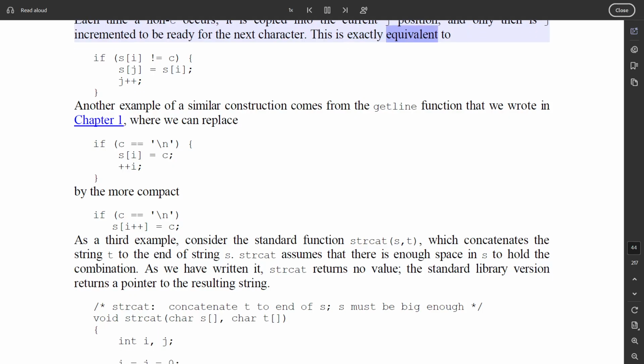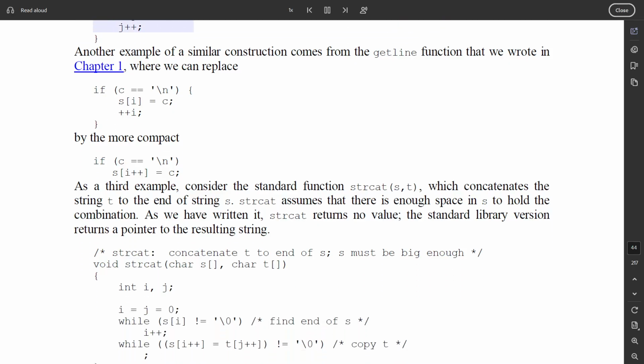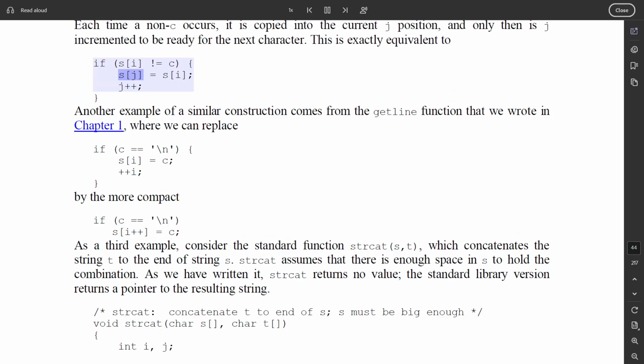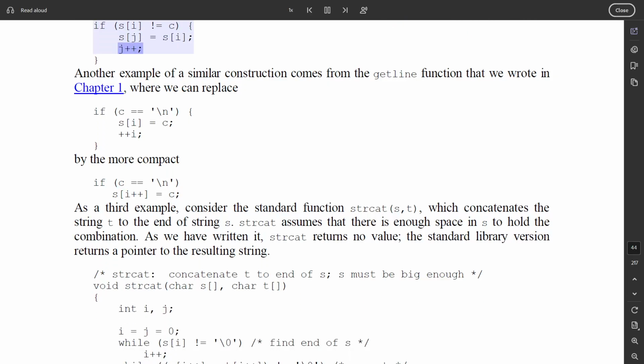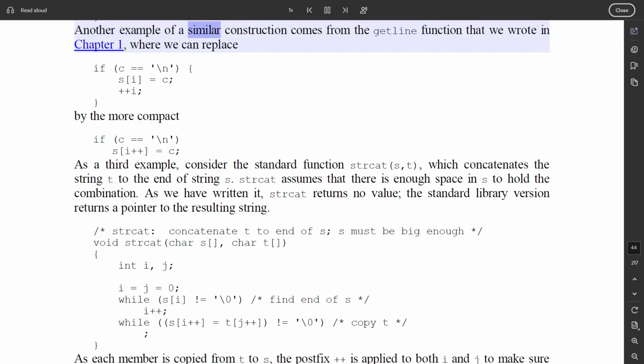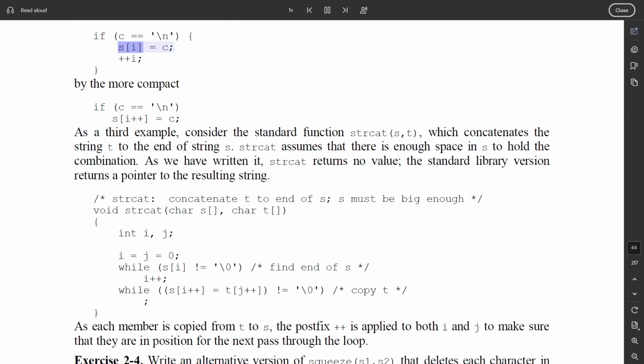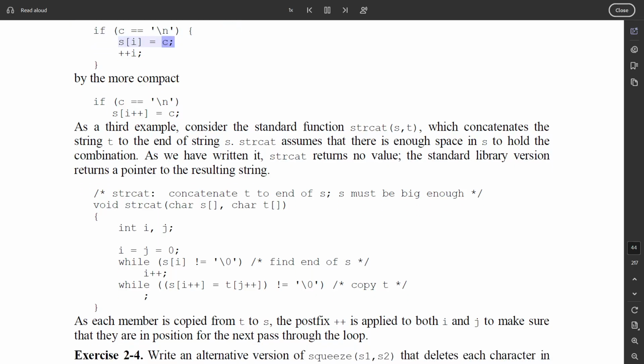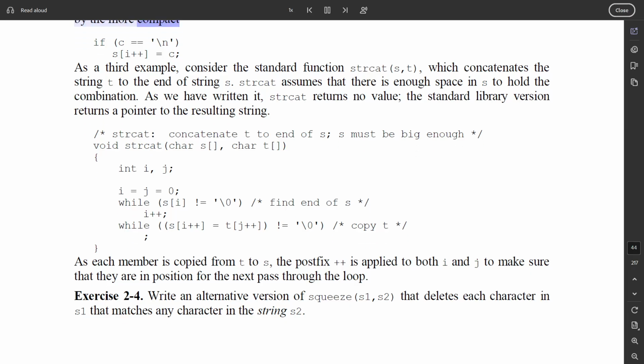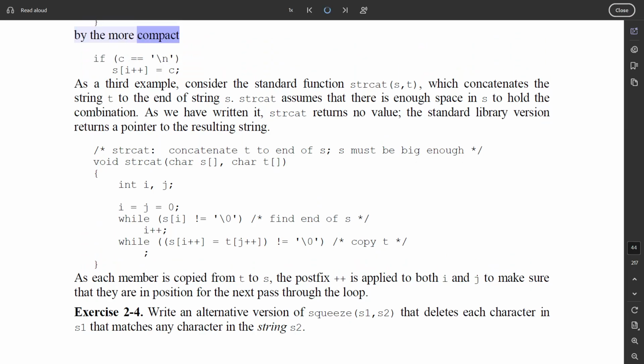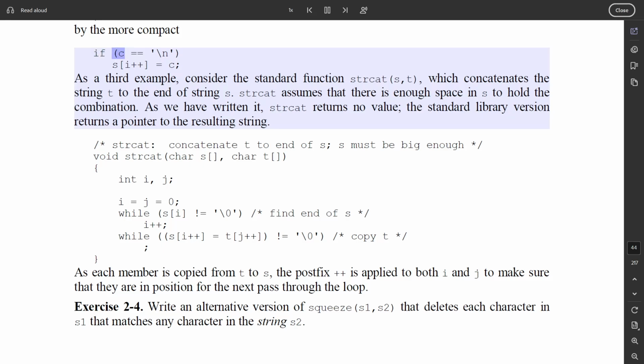This is exactly equivalent to if (s[i] != c) { s[j] = s[i]; j++; } Another example of a similar construction comes from the getline function that we wrote in Chapter 1, where we can replace if (c == '\n') { s[i] = c; ++i; } by the more compact if (c == '\n') s[i++] = c;